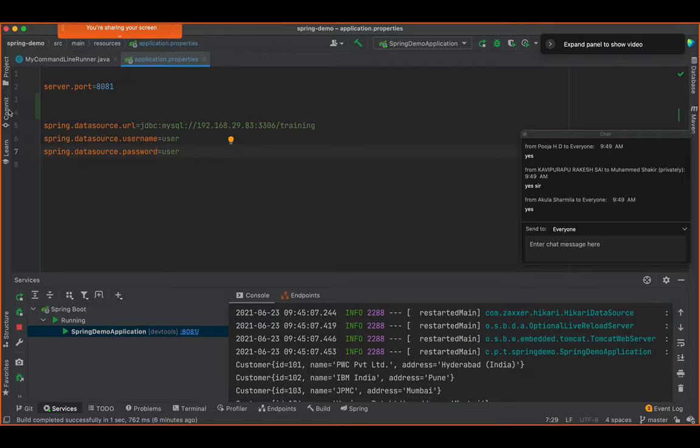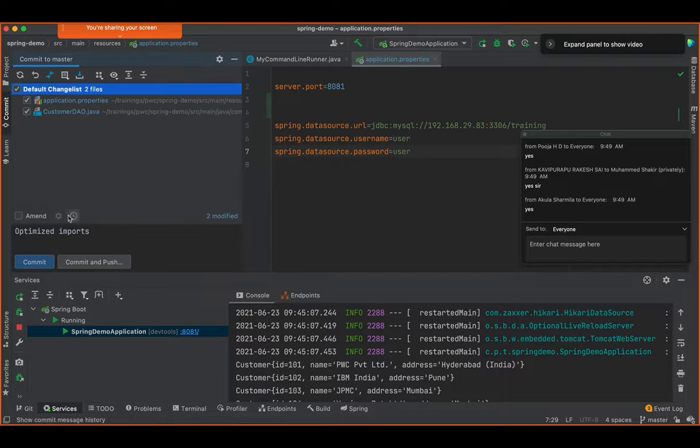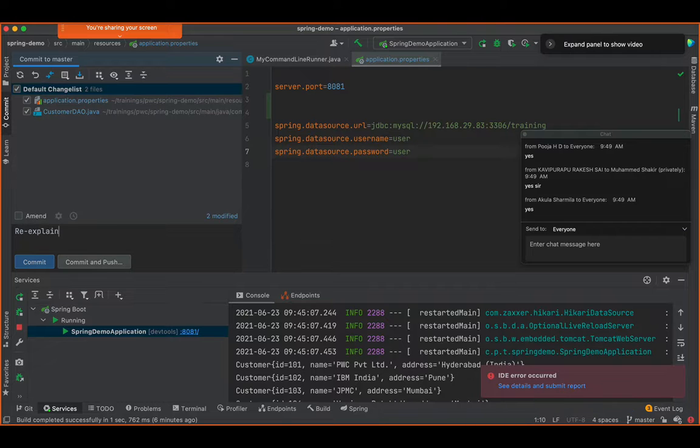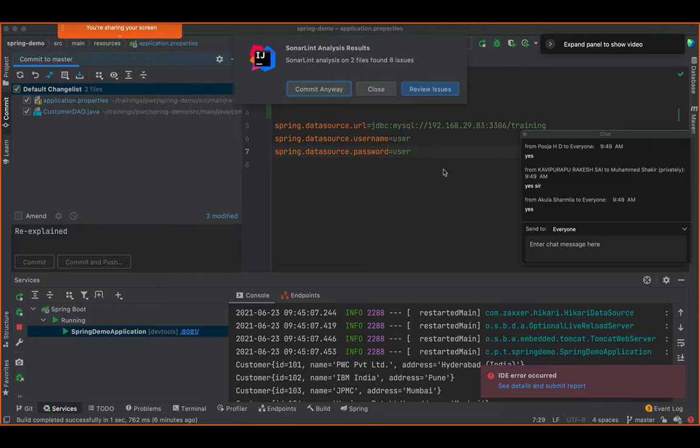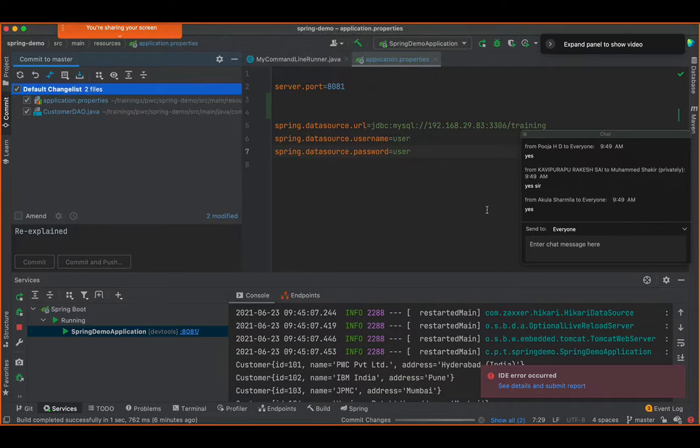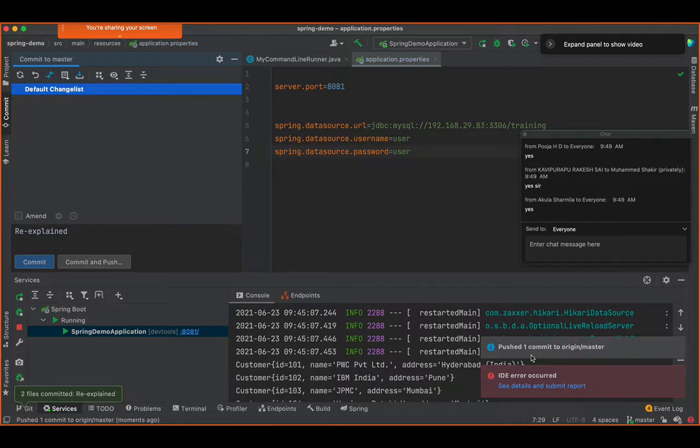So let me commit and push. No problem. Okay, so it's committed. If you want, you can take the pull in a fresh, new folder, and you can see the things.